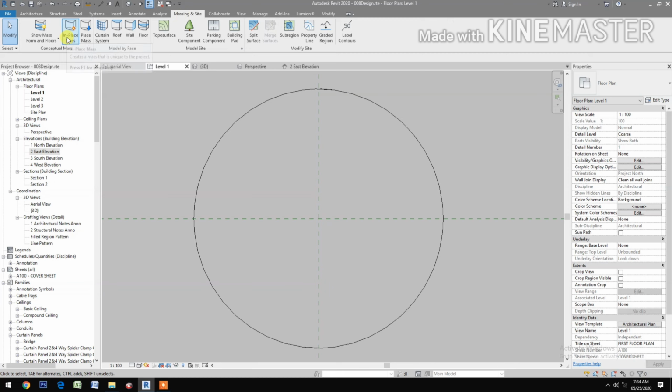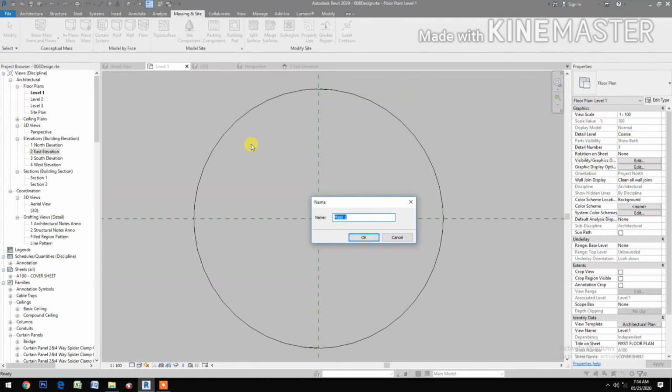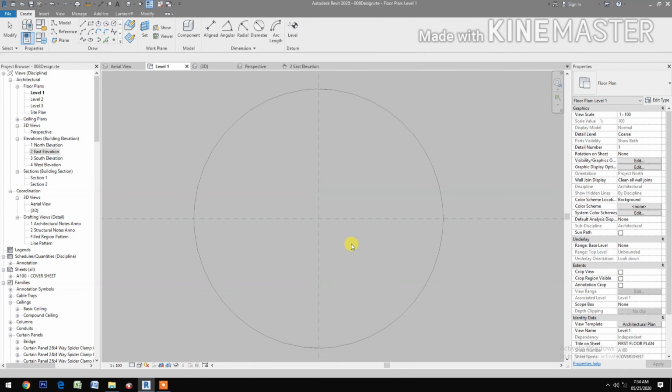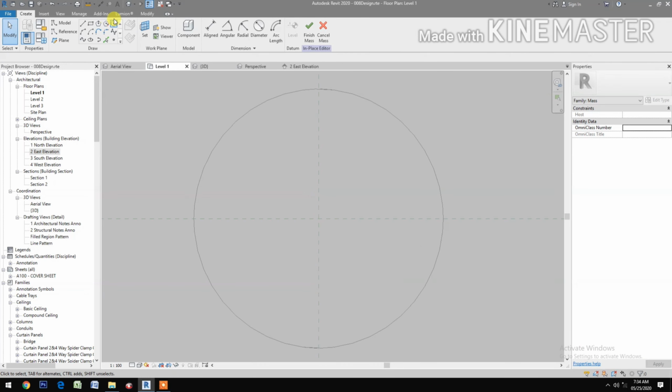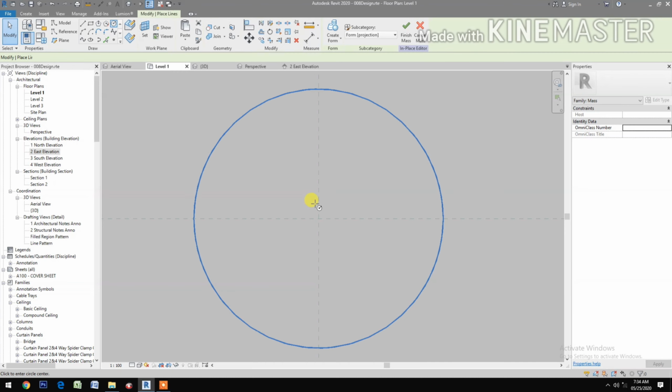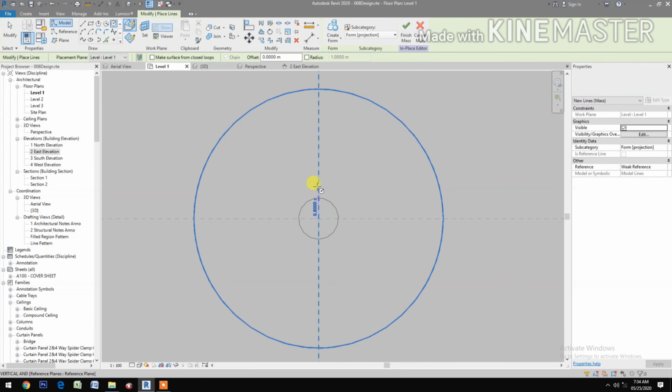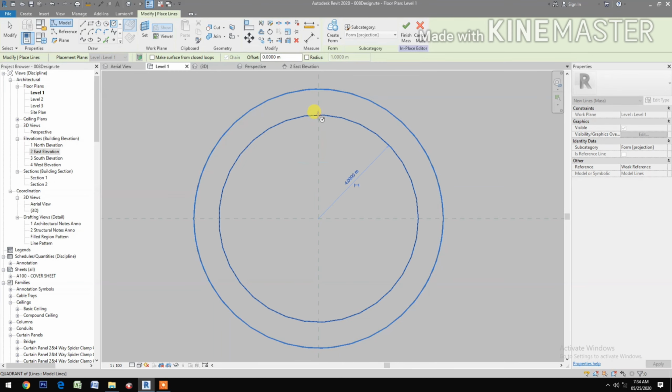Go to massing and site, in place mass 1. Okay, draw a circle, pick at the center point, make a radius of 4 meters. Okay,